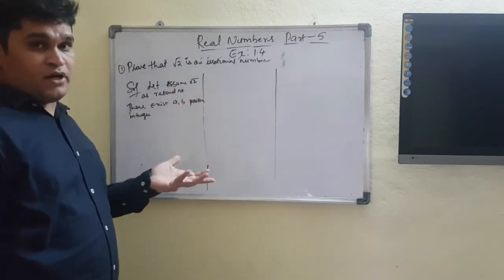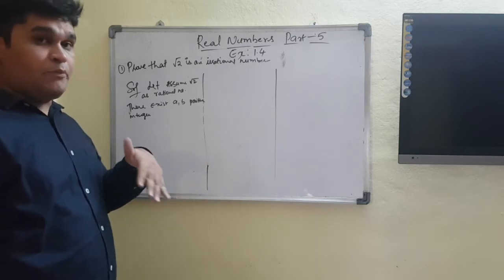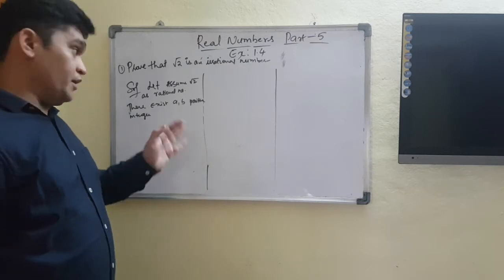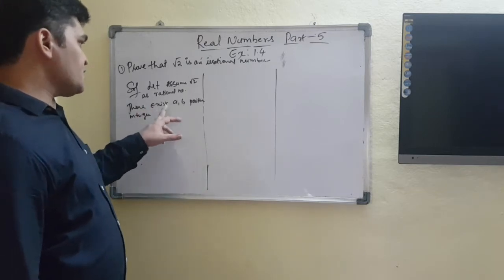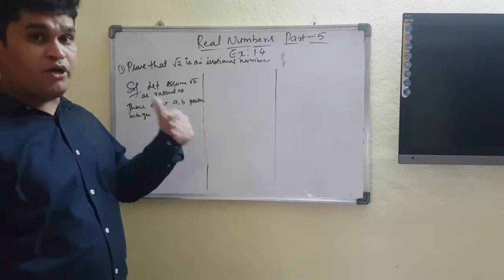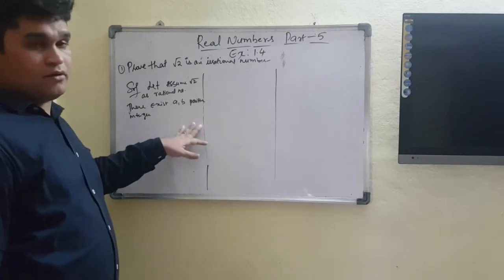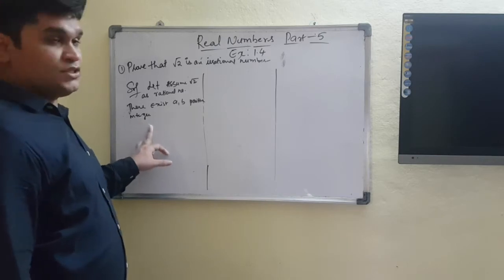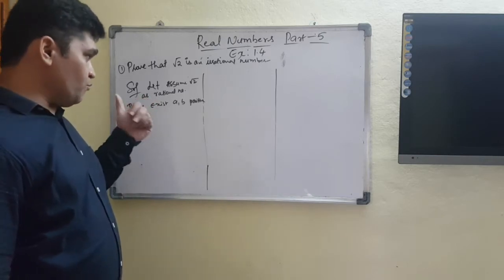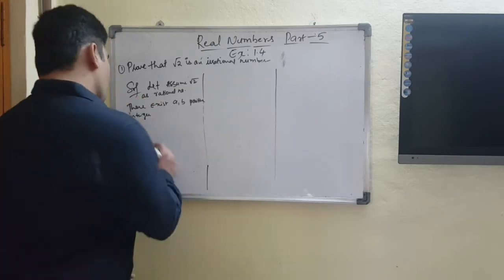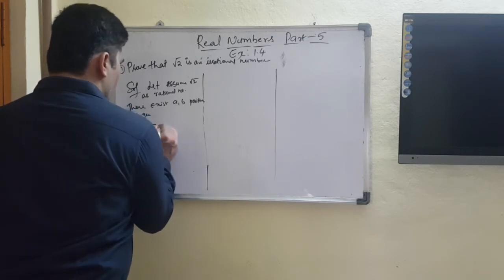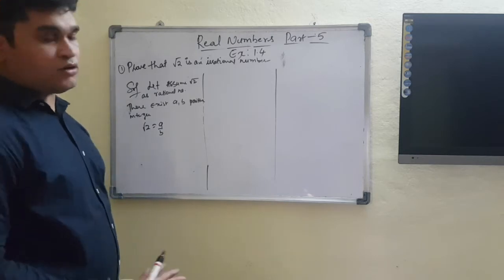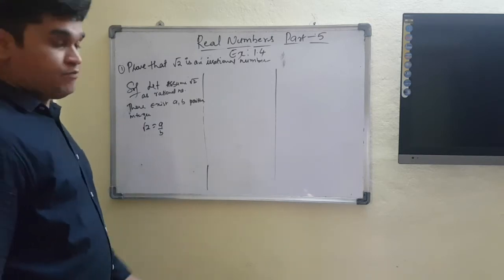If it is a rational number, definitely there will be a P by Q form, where P and Q are some integers, right? Here the same thing I am taking. There exist a and b positive integers. Instead of taking P by Q, I am considering a and b. If there are a and b positive integers, what do I want to write now? Root 2 equal to a by b, definitely it's a P by Q form. I am going to consider root 2 equal to a by b.